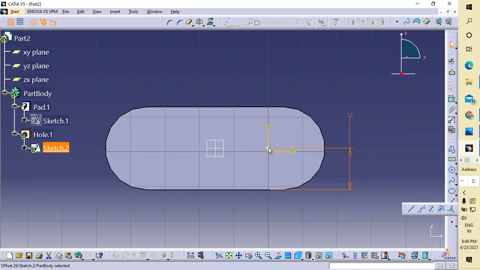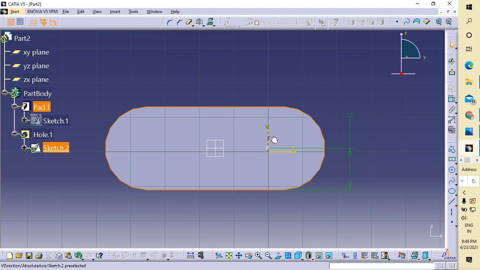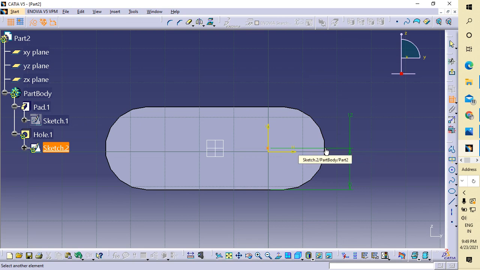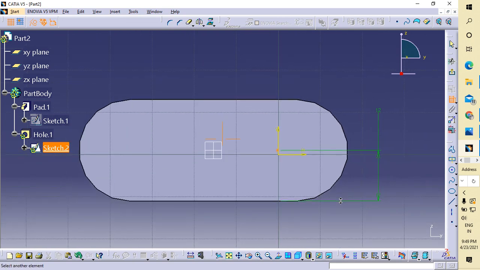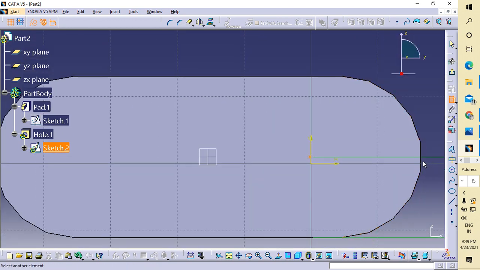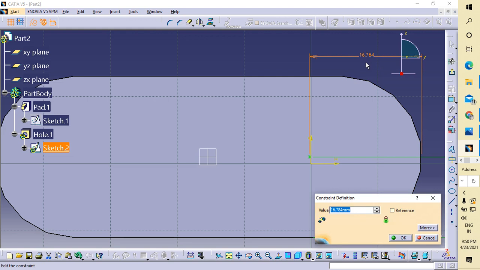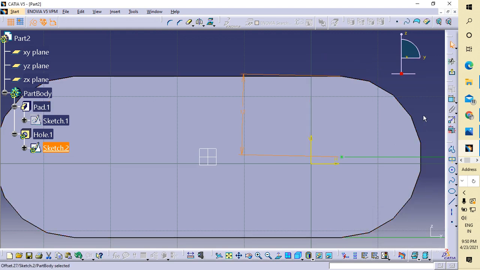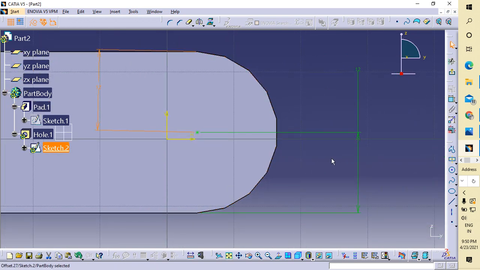Now from here to here, select this one, so it will be 12 from here. From here it is 12 and from here it is also 12.